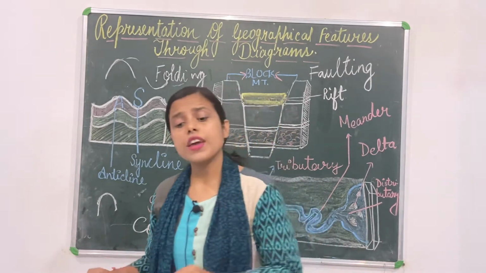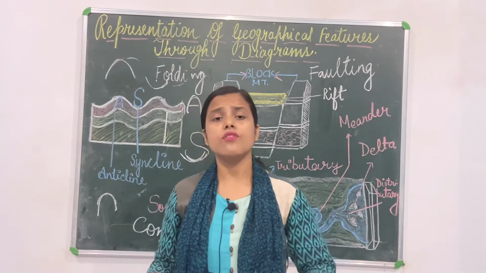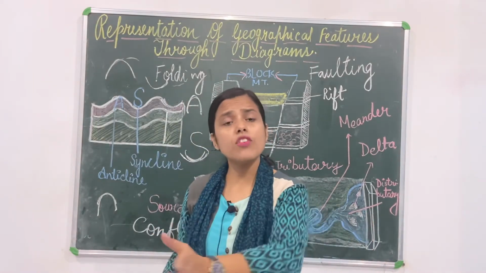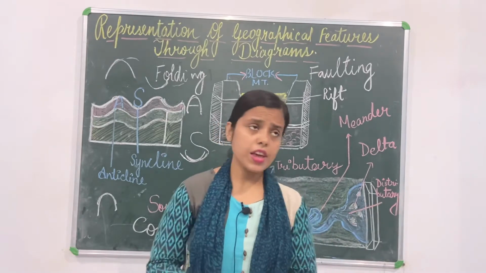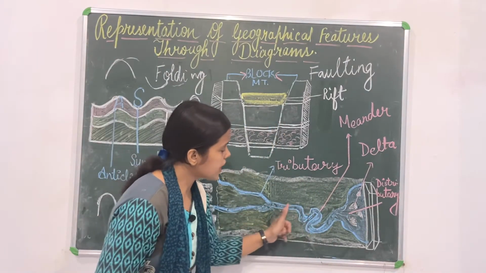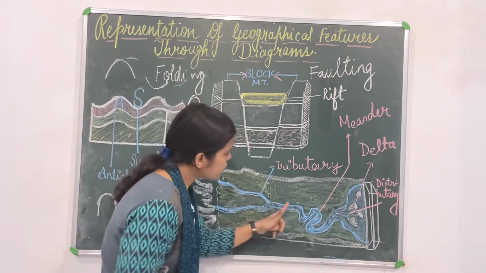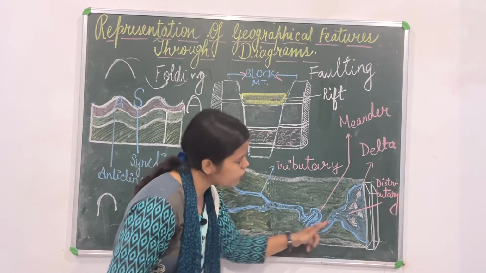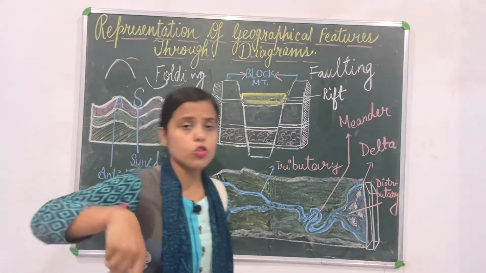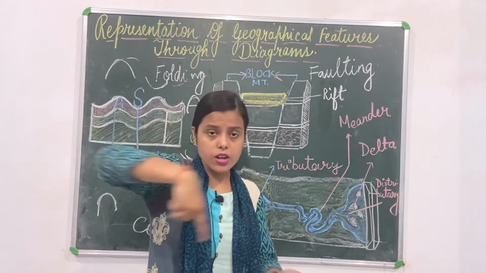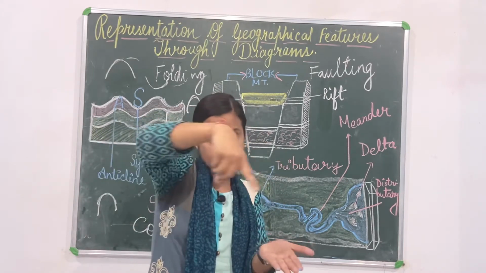So river, wherever it will find the direction, wherever it will find the place, it will move in that direction. Same way here also, it's not that it is going straight. Wherever it is finding the area, it moves, and it moves in circular form, in bends form, swings round and round, forming this swing-like structure.